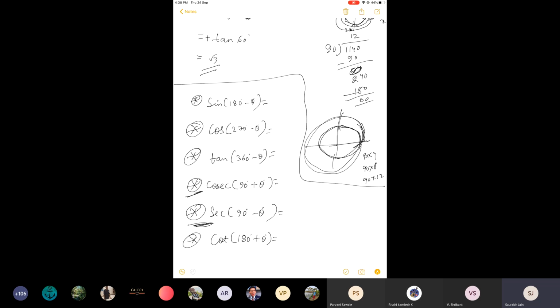Okay, can anyone tell me what sine 180 minus theta will be equal to? Plus sine theta is correct. This is wrong. Why? 180 is even multiple. Answer will be in sine. Angle will be theta. But why positive? Because see this quadrant. What I told you, if it is 180 minus, it means second quadrant. Second quadrant means sine will be positive. So we will use this one, not this one. Okay. All right. Next one.